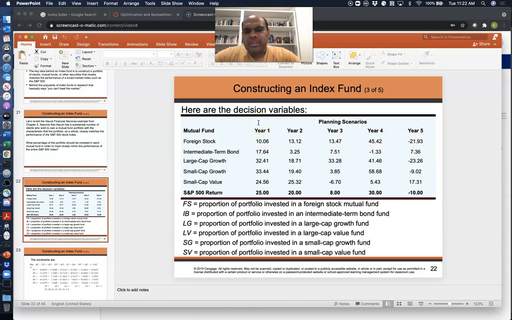Now, there are a couple of ways of looking at this. You can look at these 5 years as the last 5 years. Whenever you look at any sort of fund and the data that's available for it, you usually have returns for the last year, the last 5 years, and the last 10 years. These are the usual numbers that people look at to figure out, should I invest in this fund or not, right? So in this case, let's assume that these are data from the last 5 years,